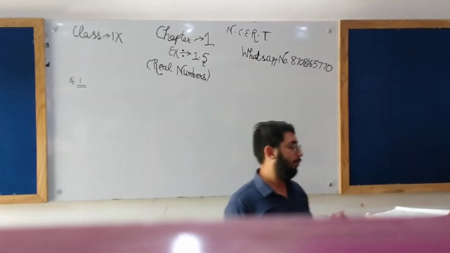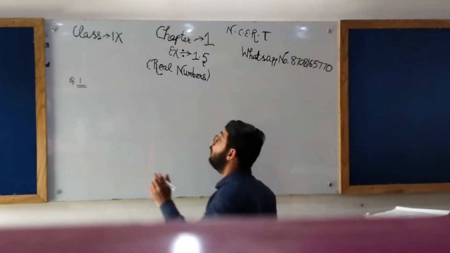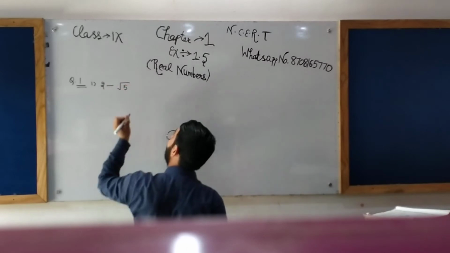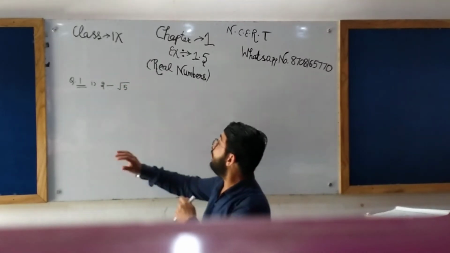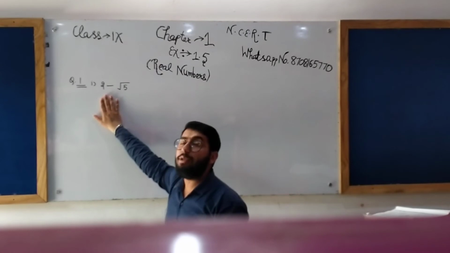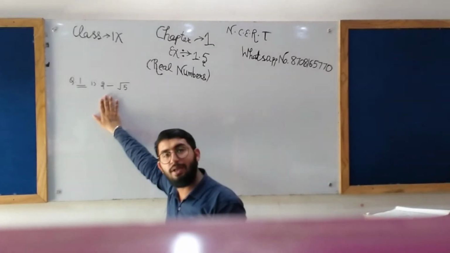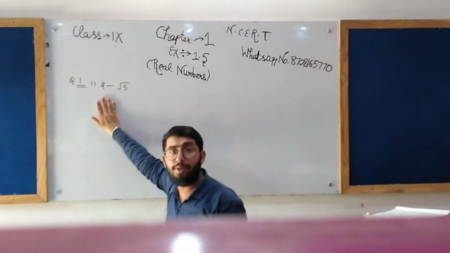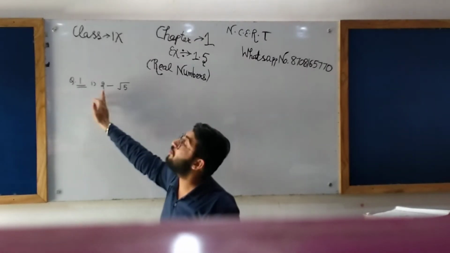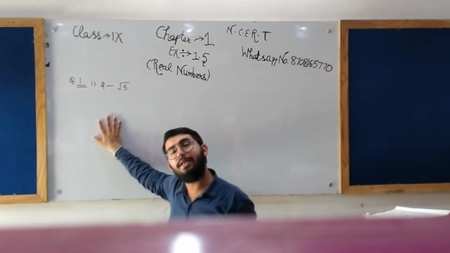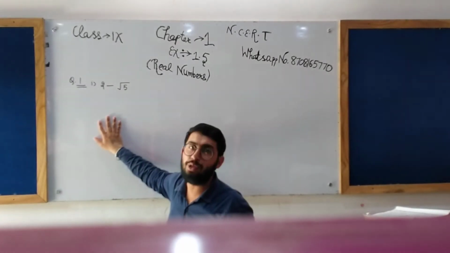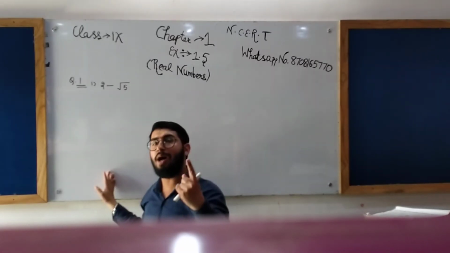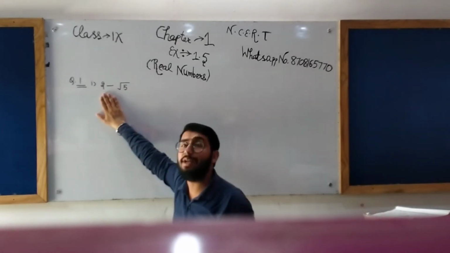Clear? Now, the very first part is 2 minus root 5. Now listen to me. See here. We know that 2 is a rational number. How can we say? By the definition of a rational number, it can be written in the form p by q, that is 2 by 1, where 2 and 1 both are integers and 1 is not equal to 0. Whenever nothing is present in the denominator, there is always 1. 2 is a rational number.